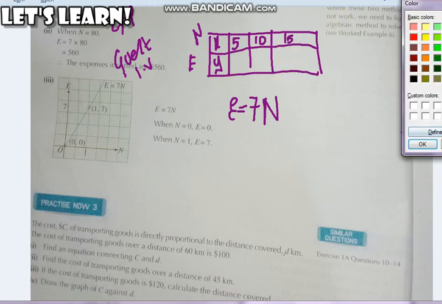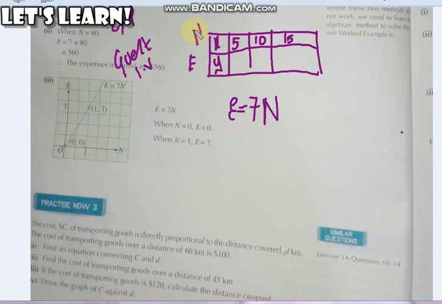So let's just do it step by step. This n is nothing but the number of guests. I am changing the number of guests. So I have chosen some numbers. I have taken 5 guests, I have taken 10 guests and I have taken 15 guests. So I will be calculating कि मुझे 5 मेहमानों के लिए कितना खर्चा होगा, मुझे 10 मेहमानों के लिए कितना खर्चा पड़ेगा, and how much will I be costed for 15 guests. So my expenses will stay here because I want to find it out, E = 7 will come down here as it is, multiplied by 5, that's the number of guests, my first value.